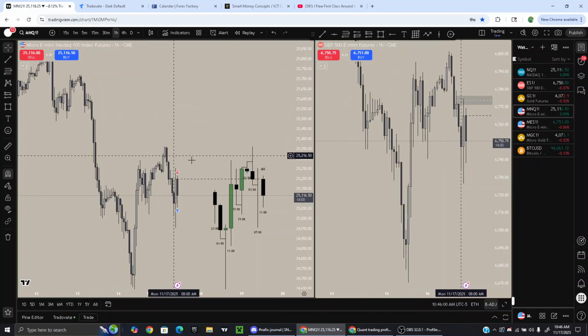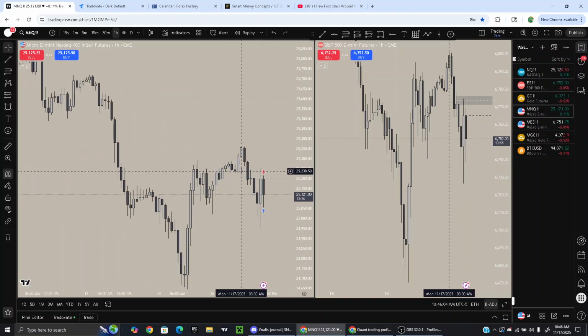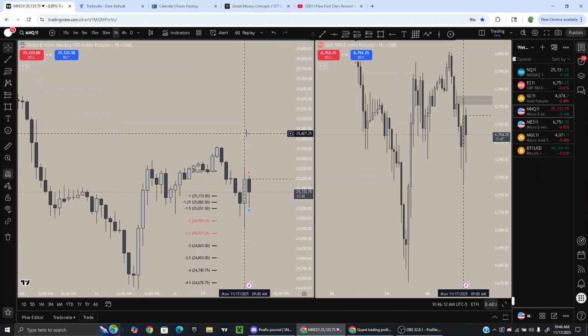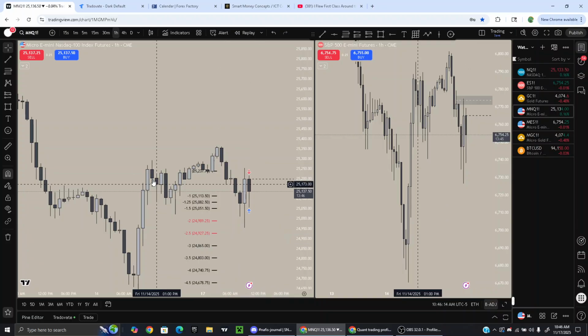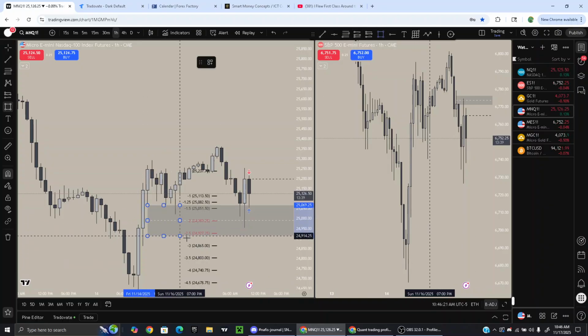Going into the 1 hour, what do we see? We see that before this move lower that we have here, these set of up close candles are created. And if we draw out our standard deviation Fibonacci levels over here, we can draw out that deviation, so we can draw out certain levels that we can expect rejections from. And if we just draw out a fair value gap here on the 1 hour, you can see that